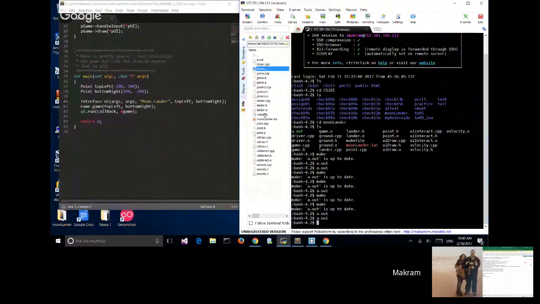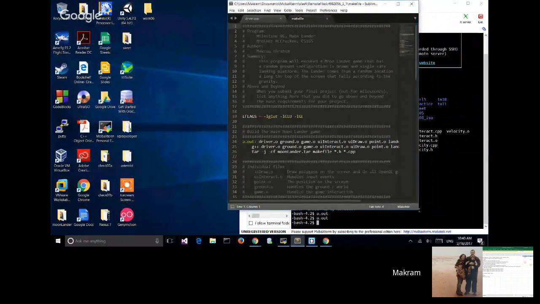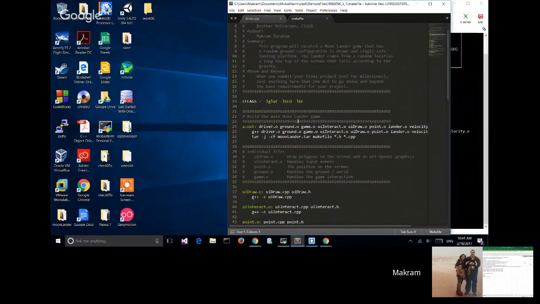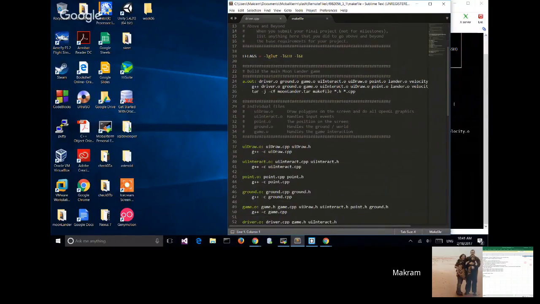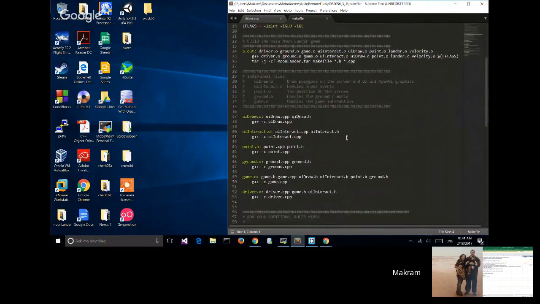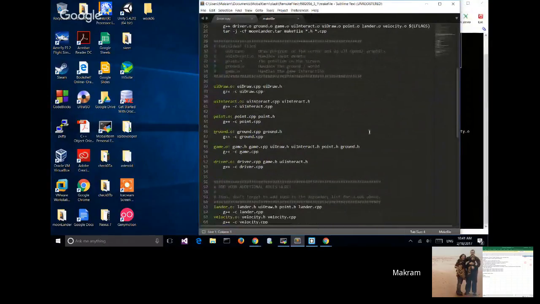The makefile, which we call the source, collects all the files we work with, all the C++ files, and puts them into a.out. It would be difficult to display each file separately, so you attach all of them into one file, and then you display that file.